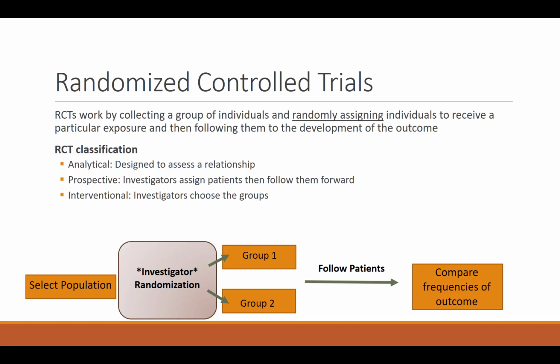Randomized controlled trials work by collecting a group of individuals, so your sample population, and then assigning those individuals to receive a particular exposure, and then following them to the development of the outcome. RCTs are classified as analytical studies because they always are designed to assess a relationship between intervention and outcome. They're prospective because we're following patients forward to the outcome, and they're interventional because we're assigning patients to either be